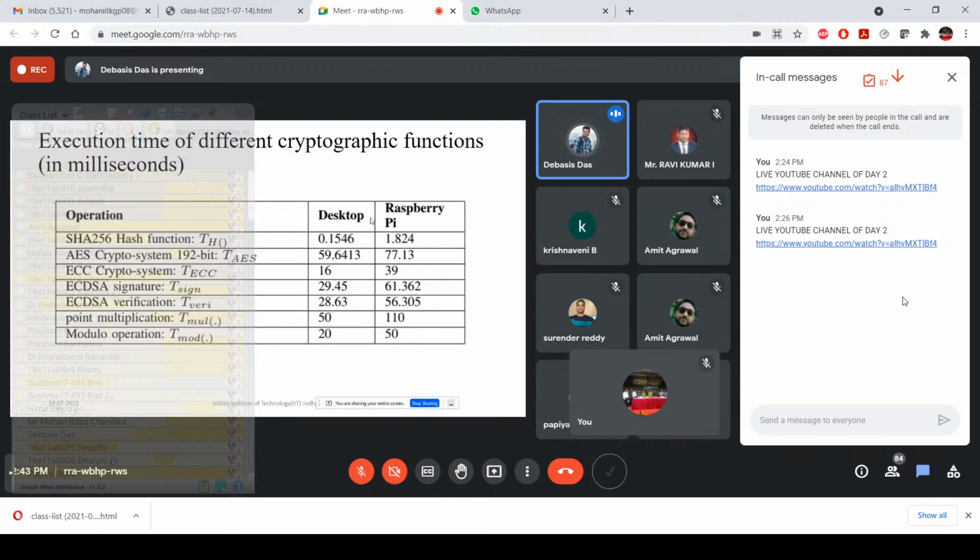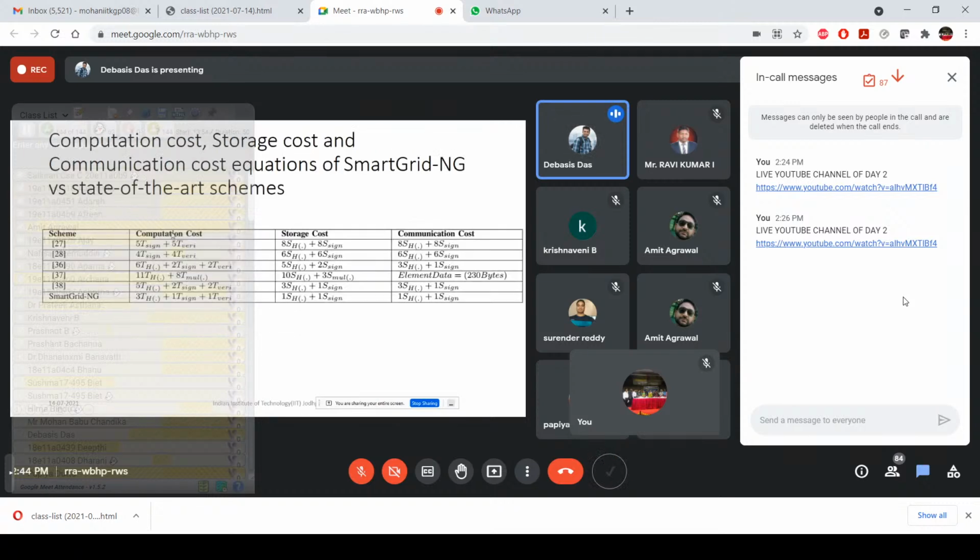A desktop is in general not practical for the smart grid smart meter, because of the cost and because the setup is very difficult. So we consider the Raspberry Pi, and here we measure the cost of all these security mechanisms provided to the smart grid, then the execution cost of all these. Okay, what is the total